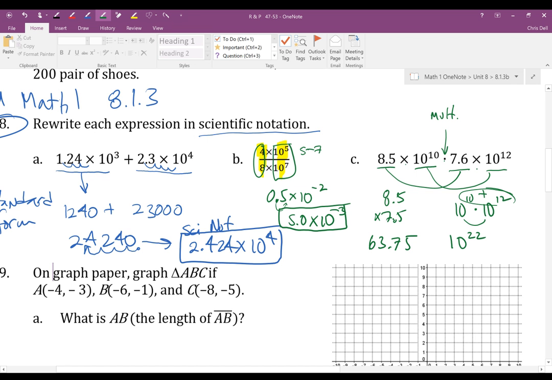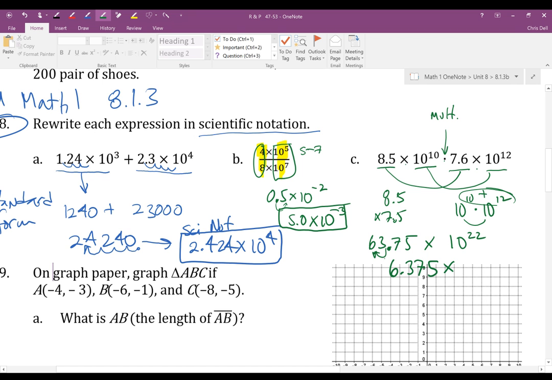So that becomes 10 to the 22nd. But I can't leave it like this because that leading term has to be between 1 and 9, right? So we have to move that decimal place 1. So that's really 6.375 times 10 to the